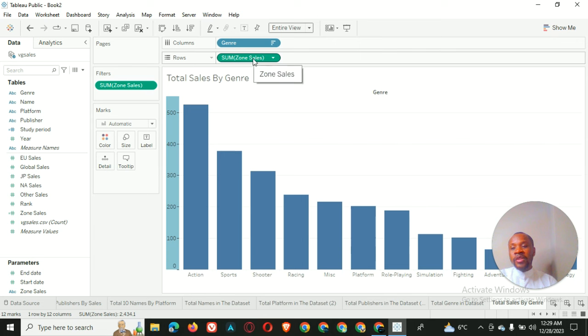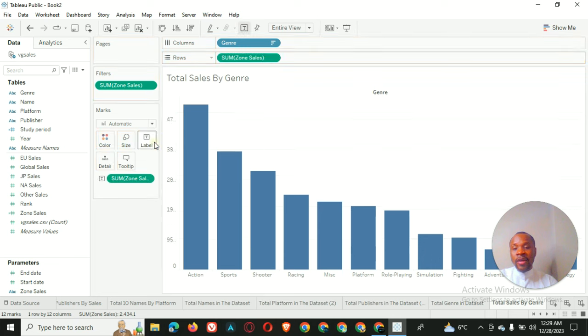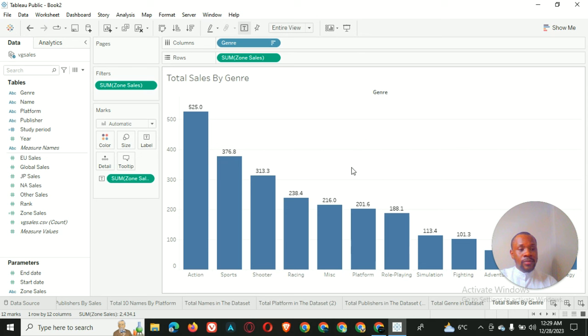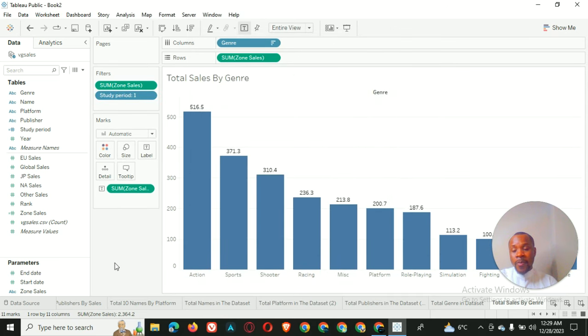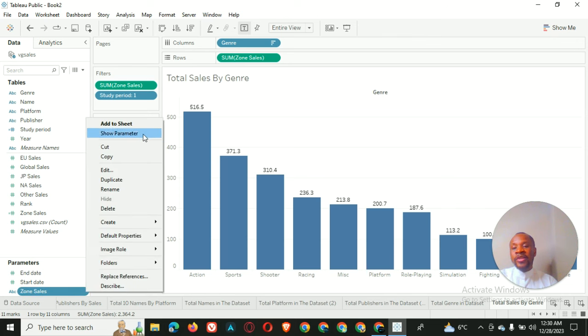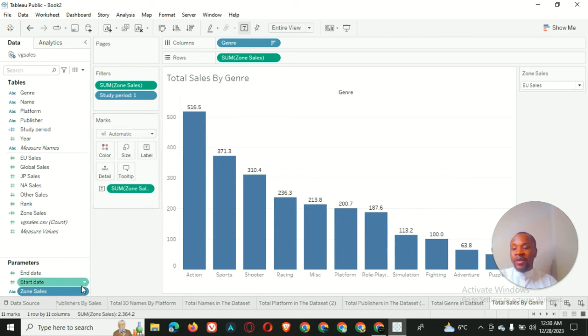So we put the zonal sales into the labels, and then we put the study period into the filter, and we select one, apply, OK. Then we say show parameter, and then the start date, show parameter, the end date, show parameter,